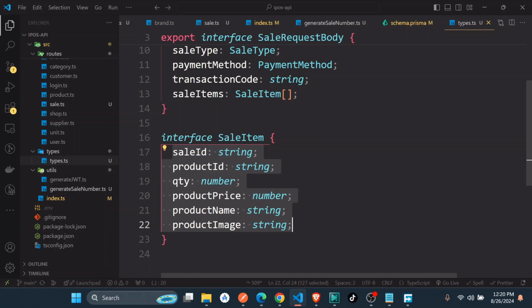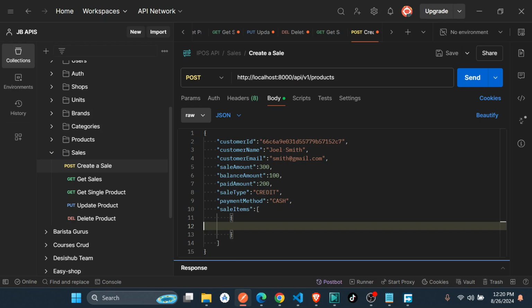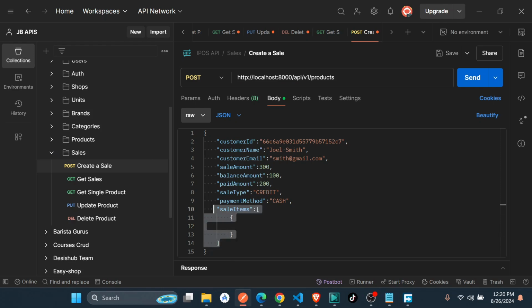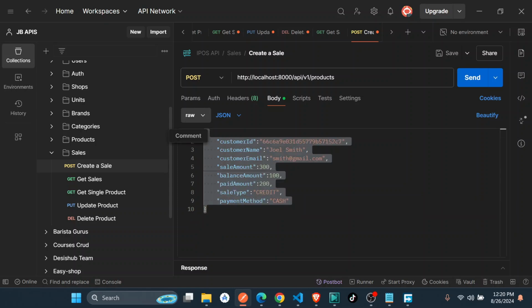Actually, in this case we need to first run this, and then the items we are going to create them alone. So here you're just first passing only this information. We need to pass in this information. So if I just send this on sales,